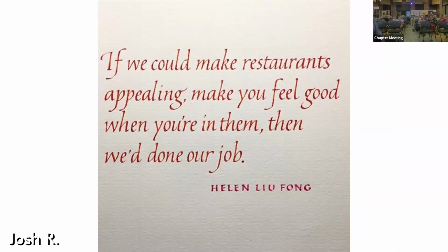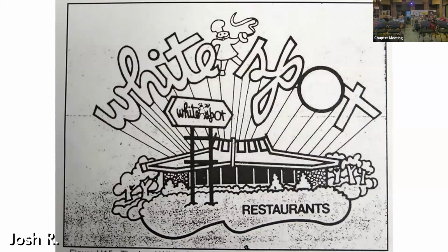If we could make restaurants appealing, make you feel good when you're in them, then we've done our job. That's Helen Fong with her red fingernail polish. Anyways, the one that is probably the most pertinent to us is the White Spot restaurants, right? Everybody remembers White Spot around town. And Armet and Davis did much of their later work. And one of the locations here, which became ultimately